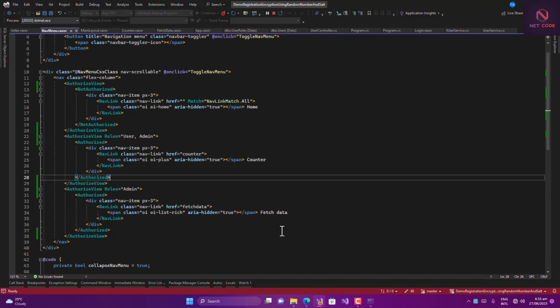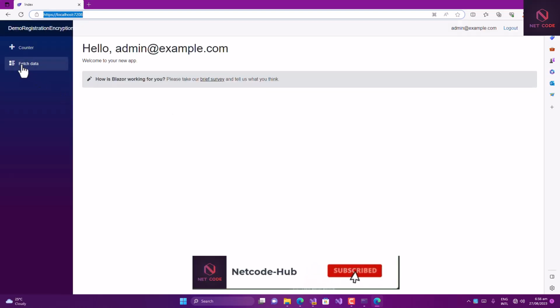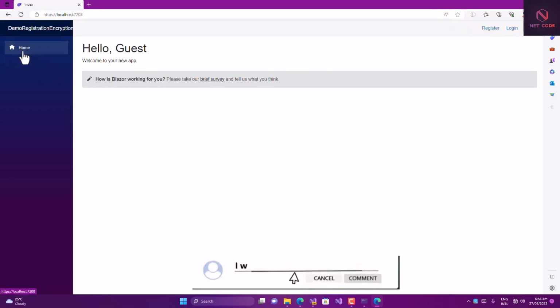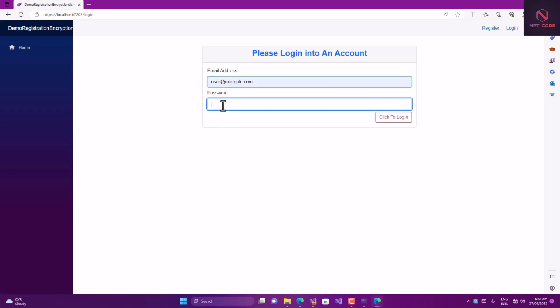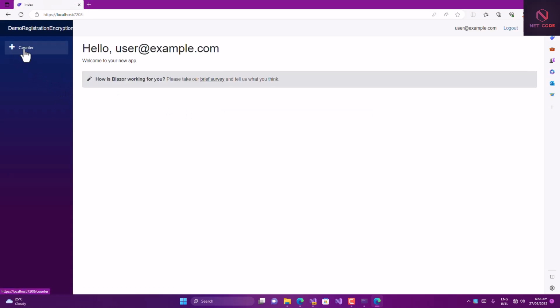So let's wait for this. Now let's see. All right, so you can see from here that you have the counter over here and you're an admin. If I log out, now you can see the counter is off. You can see only the home page. Now, if I decide to log in as a user, I will see only the counter. So user3, then I'm going to log in over here, and I must see only the counter here, and that is it. So that is it for integrating